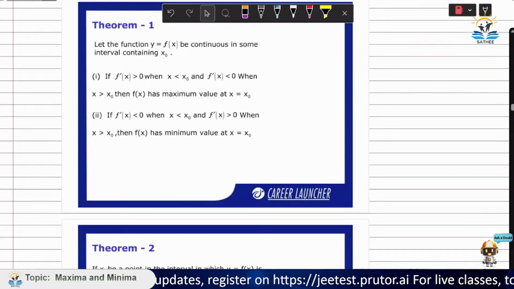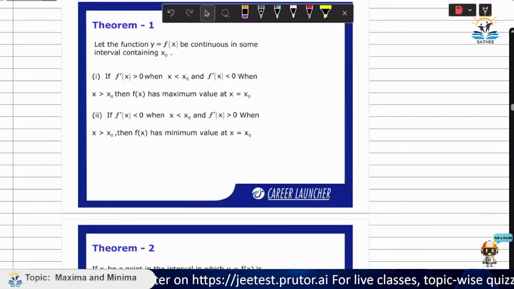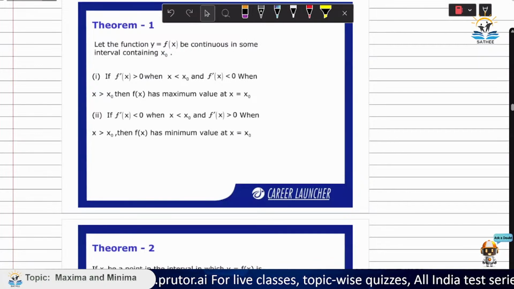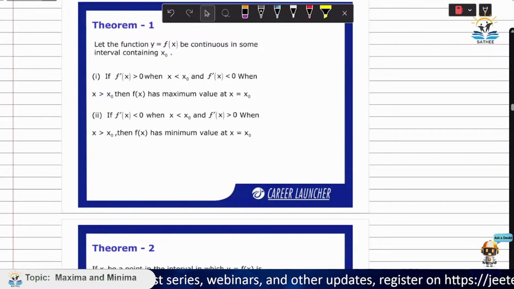So theorem one says that let f of x be continuous, if f dash x is zero, then x is x not. Hope this is similar to what we had. Basically,